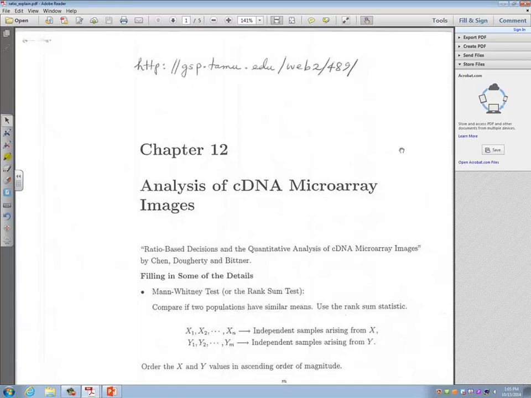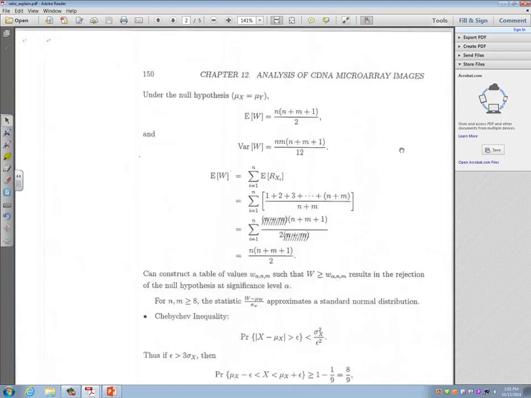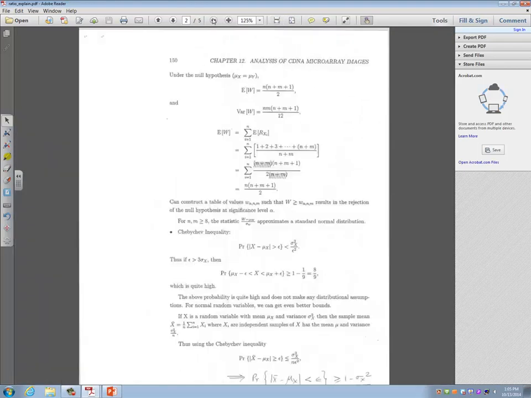Under the assumption that x and y really have the same means, that rank sum statistic should have a lower bound and an upper bound. If it lies outside, then probably they don't have the same mean. That's the test that is done. I'm going to try to at least give you an intuitive feel for that. So under the null hypothesis that x and y have the same mean,